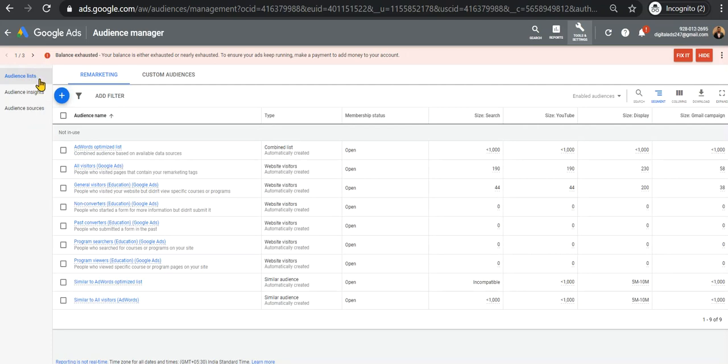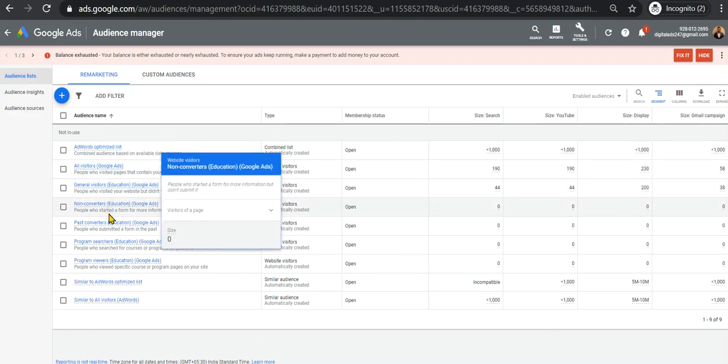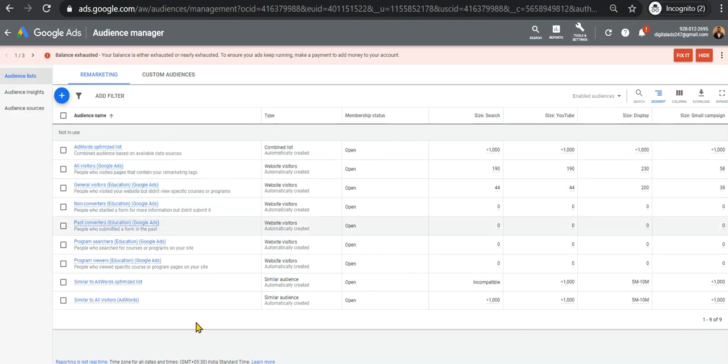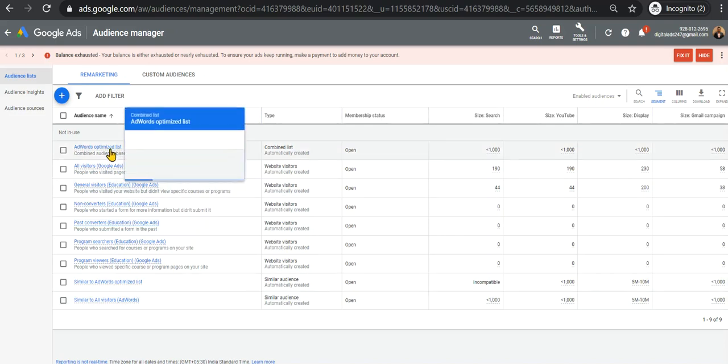Audience lists will come only when you have created your remarketing tag. I've created my remarketing tag, and only then has this come. So guys, you first create your remarketing tag, then you will see audience lists. For example, you will see your all visitors list, a particular website URL list, a particular category list, non-converters, converters, people who have signed in with an email address, people who have visited a particular page, or spent time on a particular page. Each and every aspect from an article level that you can capture, and even with time you can also get an AdWords optimized list.